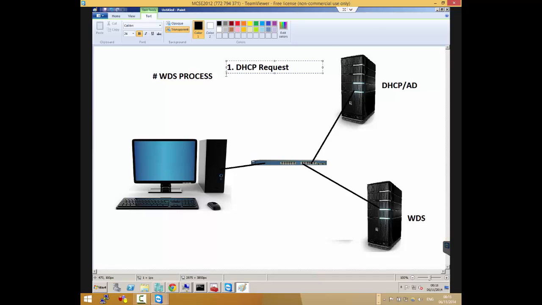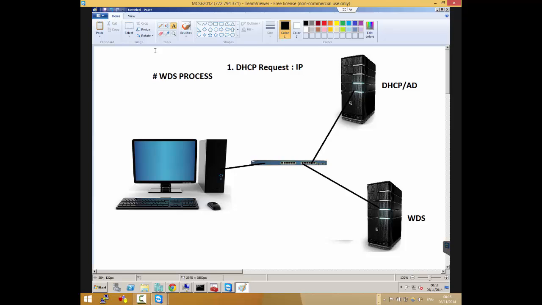For an IP, okay? Is there any other thing that it requests apart from an IP? Well, it's going to request DNS information. Yeah, that would be in the DHCP request.